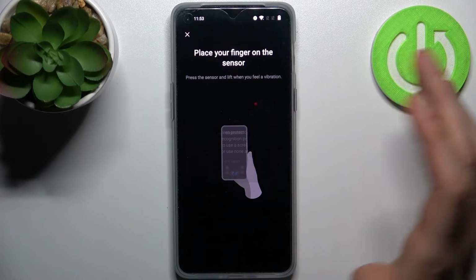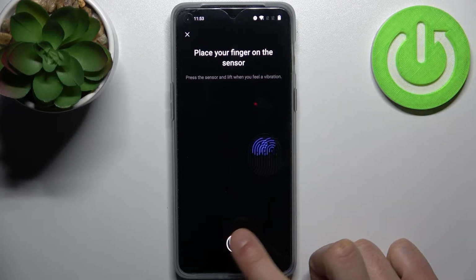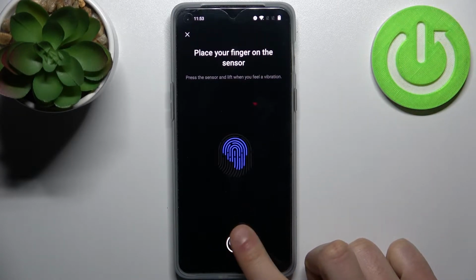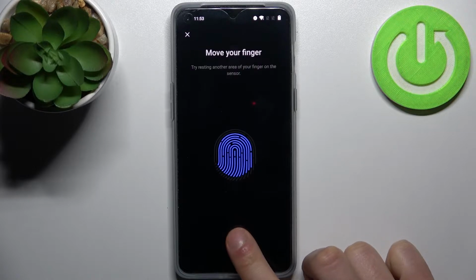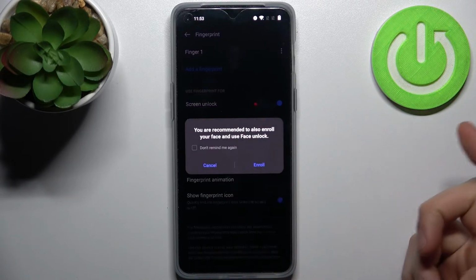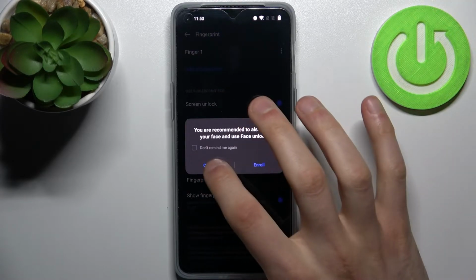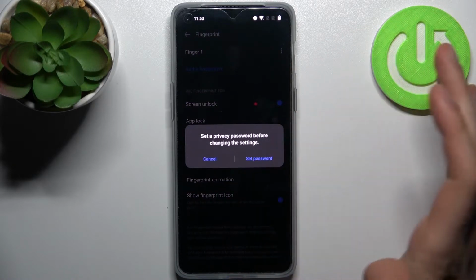Then you have to find the fingerprint sensor, which is located right here, and tap on it with your finger several times. Just like this, in order for it to remember your fingerprint. A few more taps. And after fingerprint is added, you have to enable app lock here in the fingerprint sensor section,